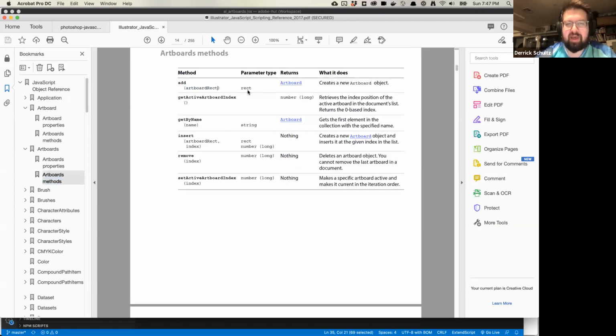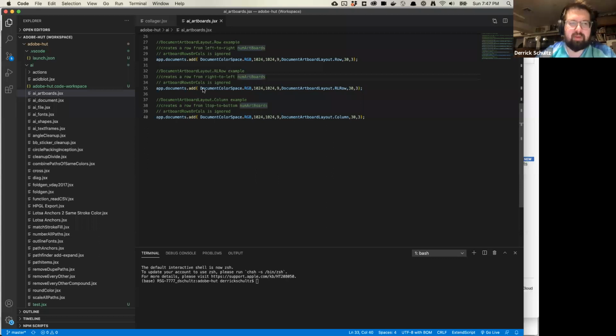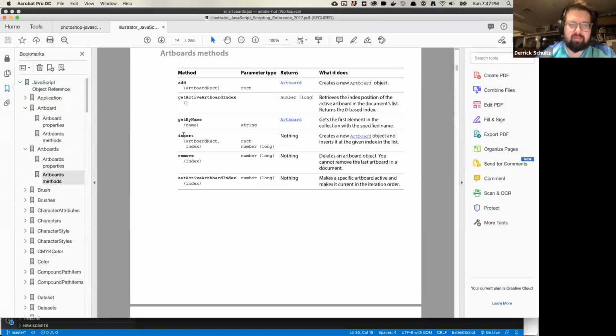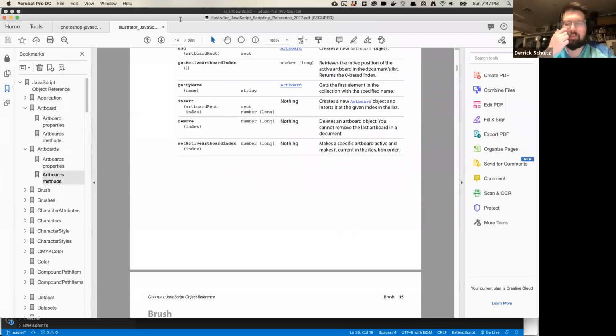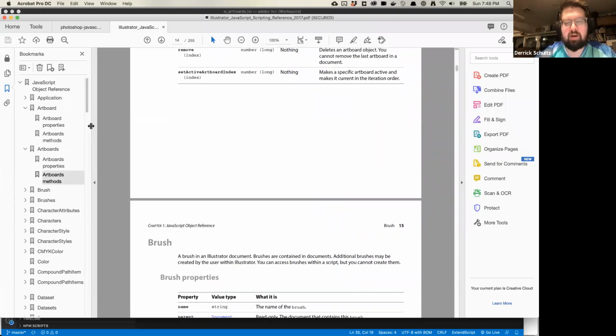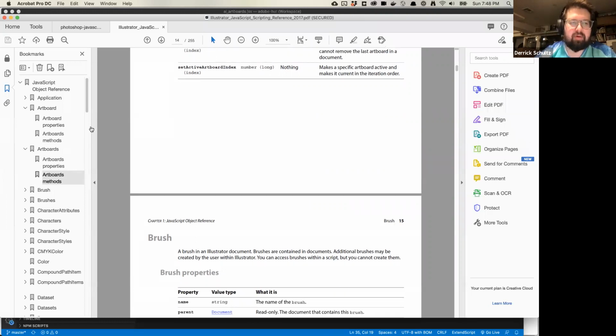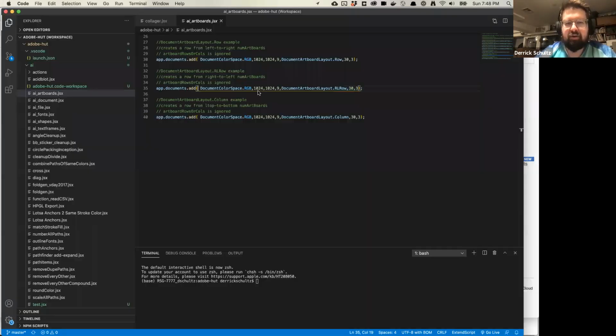So this tells you that you need to add it using a rectangle parameter of the class of artboard. If that doesn't make any sense to you, I guarantee you it doesn't, because it didn't make any sense to me either. And this is where I played around and figured out what it actually looks like. There's an example, I believe, at the bottom here, if this will let me go there. Nope, there isn't. So there are sometimes examples that you can find throughout the web or in their own documentation that show you how to do these things. But that documentation is really poor, whereas the documentation here in VS Code is much better.